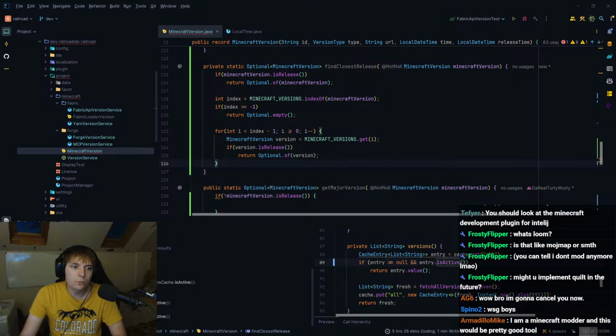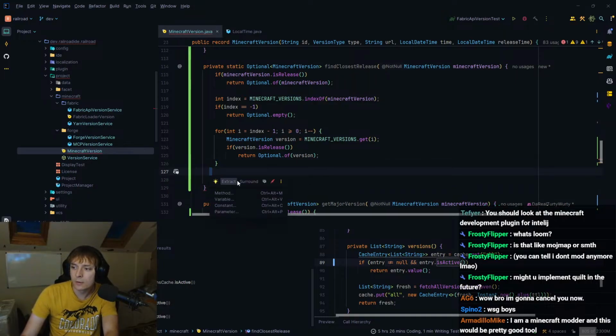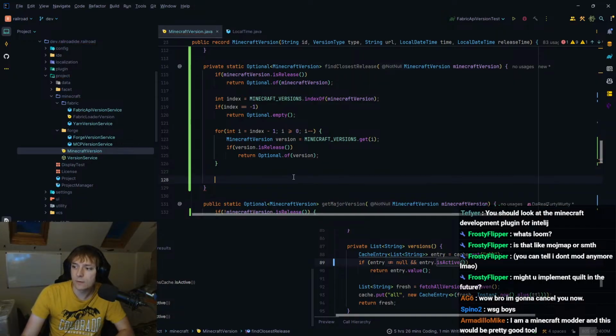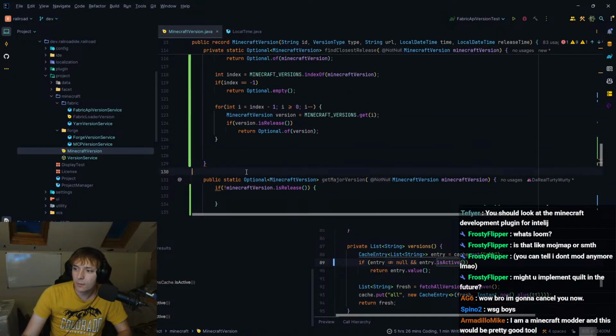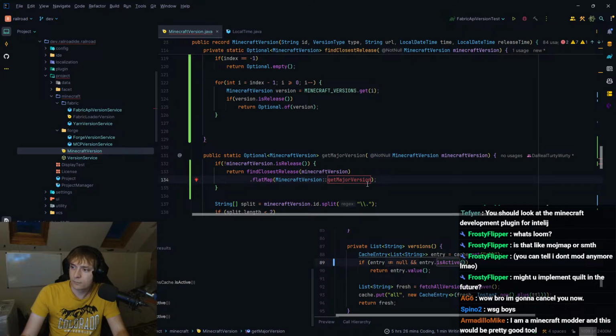Okay, so... I'm a Minecraft modder and this would be a pretty good tool. I'm glad you like the idea. That is the hope, that people have an interest. Because that's all it needs right now. It just needs an interest. And then once it has an interest, then, you know. This is, well, yeah, kind of.